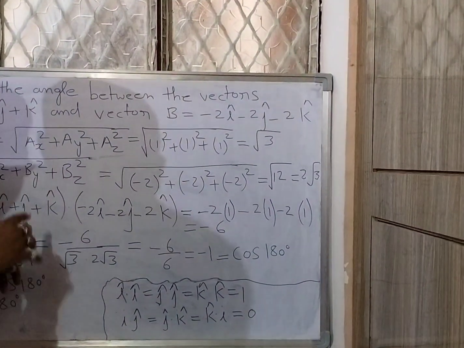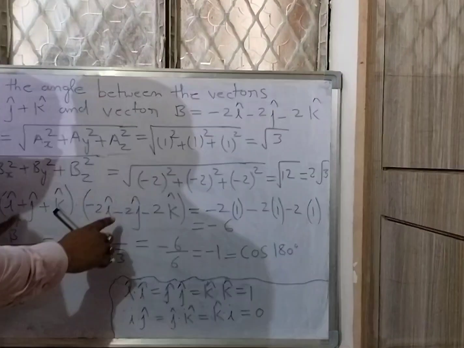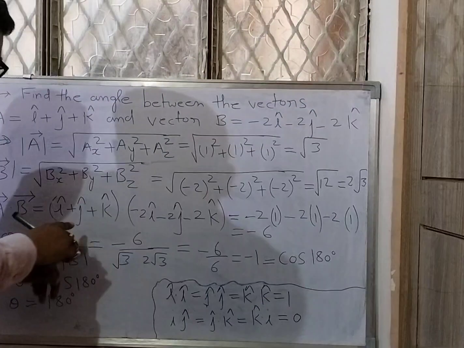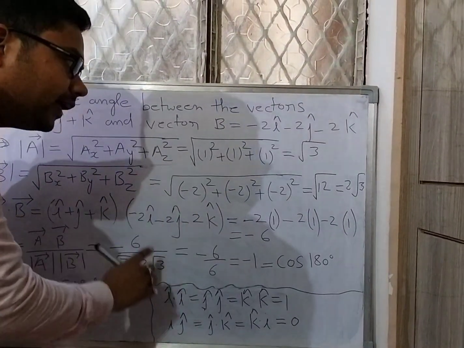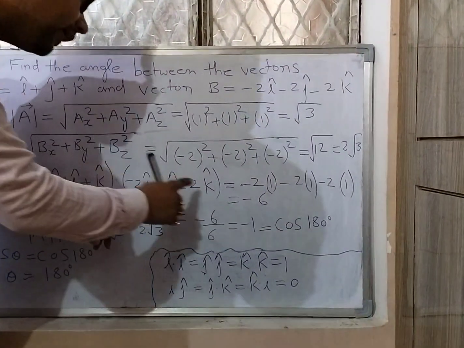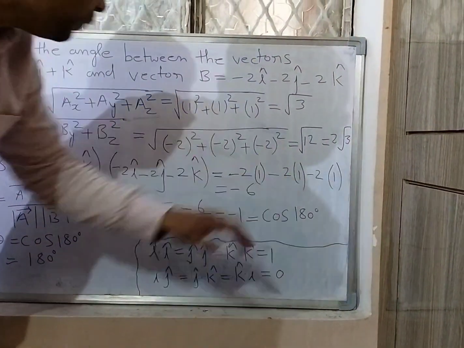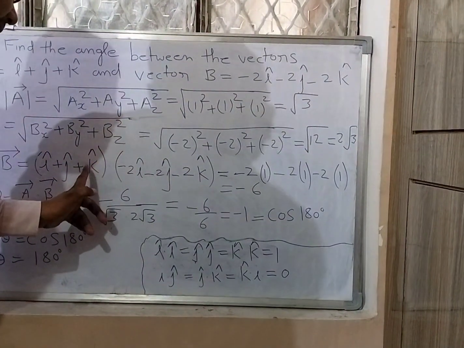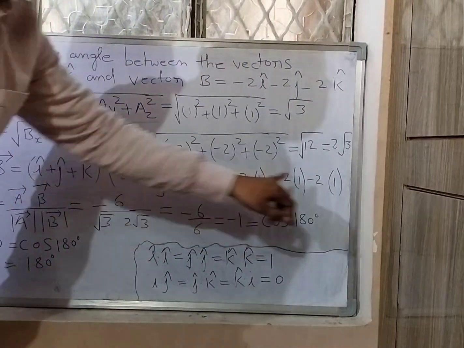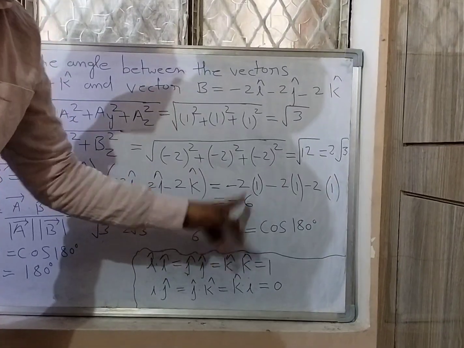In the same way, j multiplied by j. So first of all, we will write the minus sign over there. Now this 2 multiplied by this 1, so that is 2. Now this j will be multiplied by this j, so the value will be 1. Now we will see that k should be multiplied to minus 2k cap. So first of all, we will write the minus sign over there. Now 2 multiplied by 1, that is equal to 2, and k multiplied by k is equal to 1. So after multiplication, the value will come to minus 6.